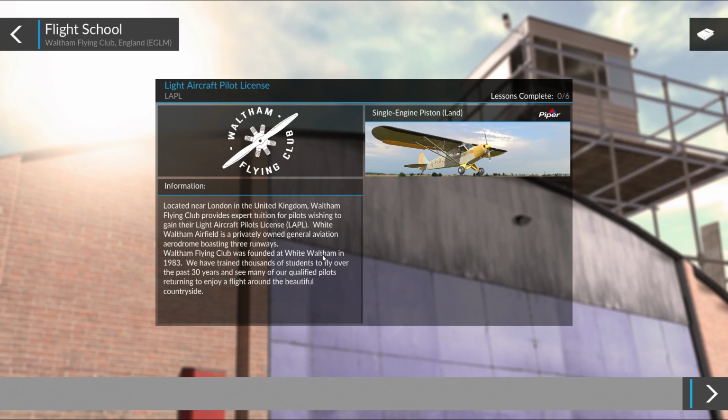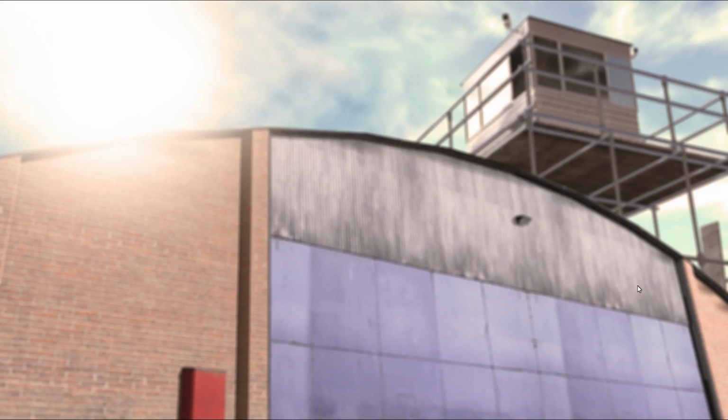White Waltham Airfield is a privately owned general aviation aerodrome boasting 3 runways. Waltham Flying Club was founded at White Waltham in 1938, and we have trained thousands of students to fly over the past 30 years and see many of our qualified pilots returning to enjoy a flight around the beautiful countryside,